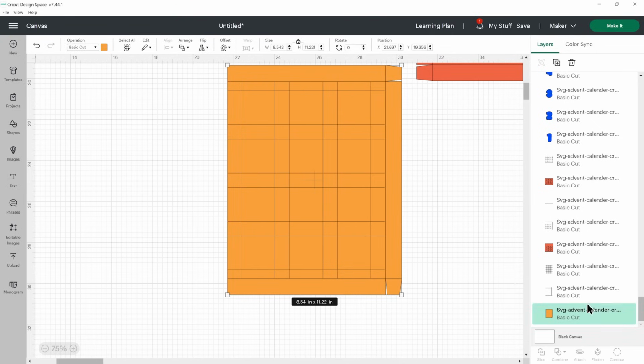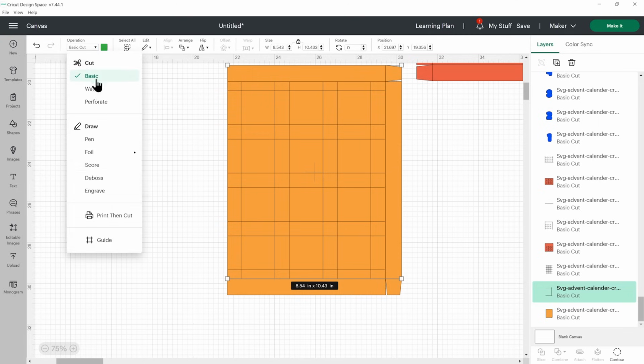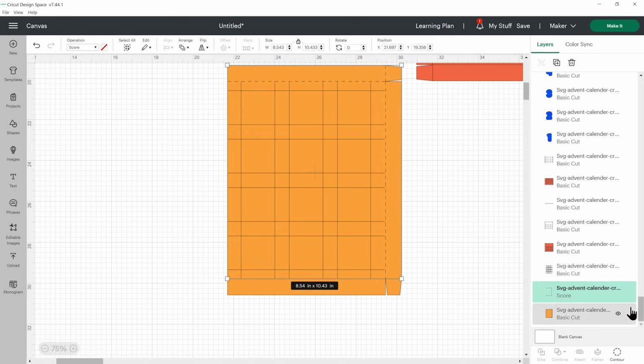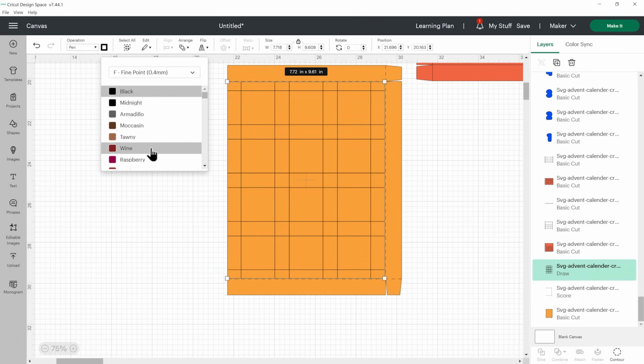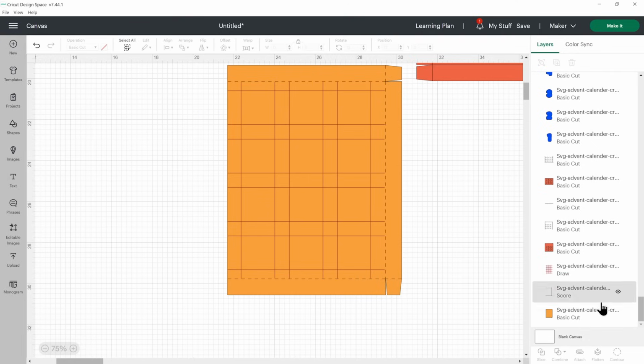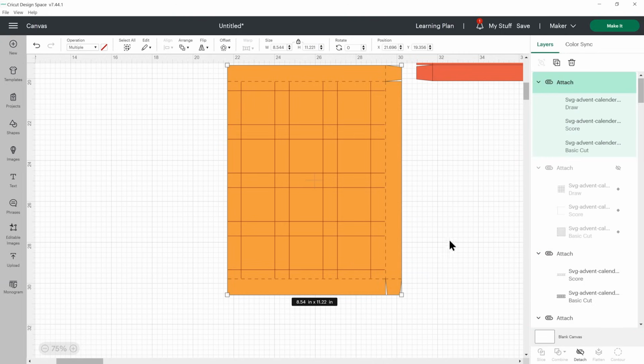We've got the yellow. Then there's one which looks like 3 sides of a square. It's green. This one is a score line. And then the grid line on top, which looks blue, we need to change to a pen tool. And I'll keep that the same. Can't remember if I chose wine or raspberry. I'll check in a minute. So what have I done that one to? Wine. Okay. Drag a box around those 3 and attach.